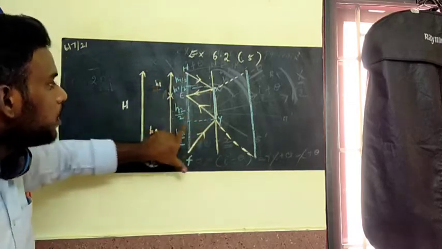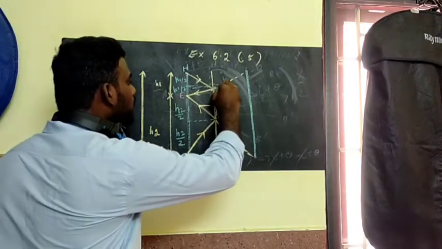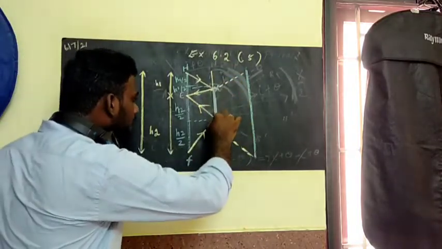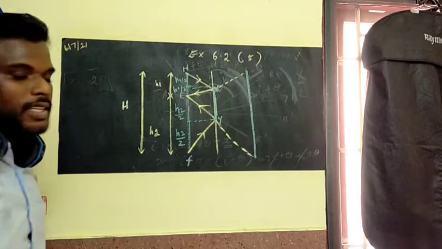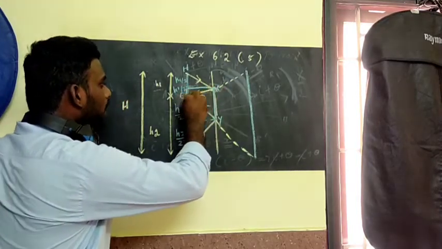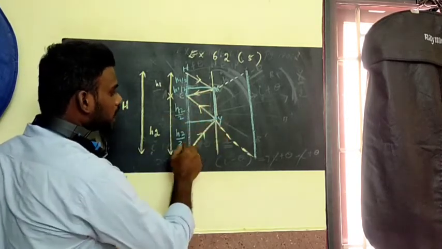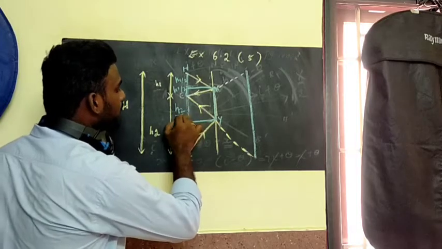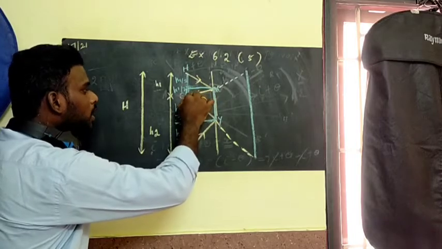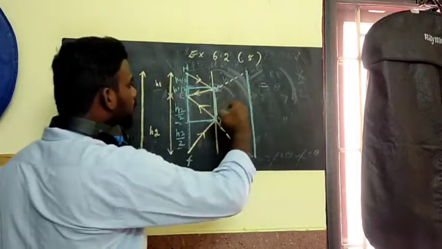So if you want to see the full size of the image, at least we need a mirror which is equal to the distance between x and y ma. Only this part is taking reflection. And what will be x? That will be h1 by 2 ma. And what is my y? That also is h2 by 2 ma. You can see that up to this portion is h1 by 2, and up to this portion is h2 by 2.